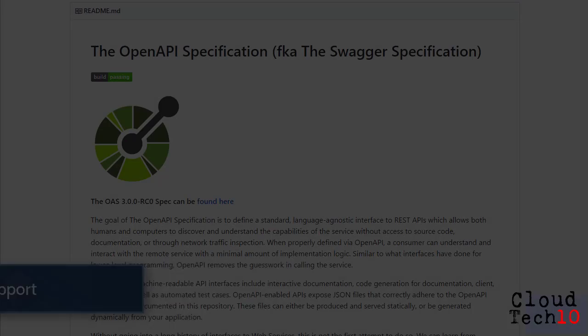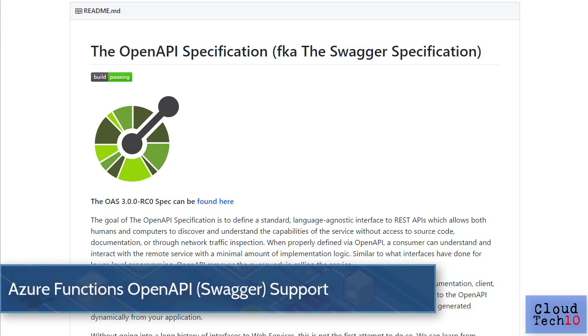4 of Cloud Tech 10 for the 3rd of April 2017. I'm Mark and I'm going to tell you all the latest news about Microsoft Azure from the past week in 10 minutes or less. Azure Functions added a new preview feature to support the editing and hosting of OpenAPI 2.0